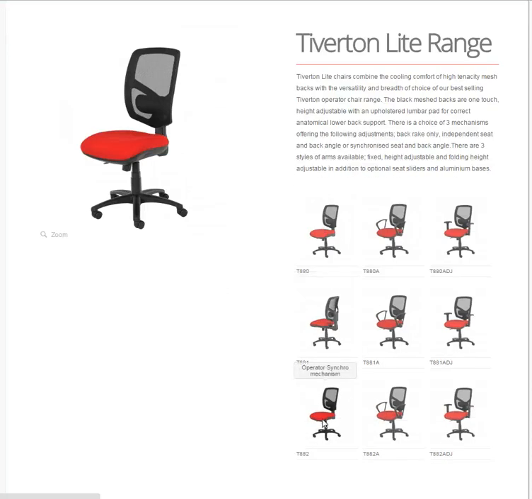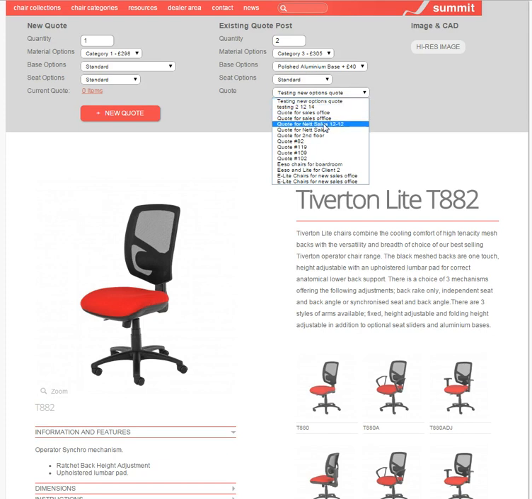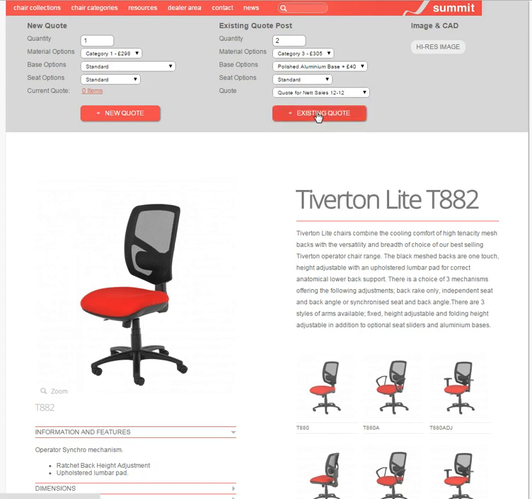So all I do is I select the chair I want to add, and then we come over here to the existing quote part here, and we want to add two of these chairs, and we want them in category 3, we want the polished aluminium base, and we're going to add them to the quote that I was working on previously there. Click on add to existing quote,